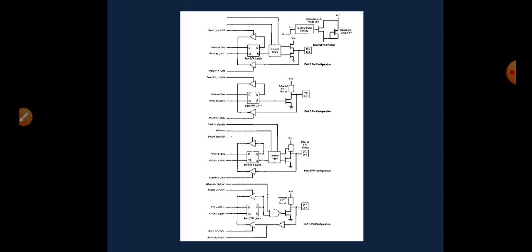Port operations are determined by the manner in which the 8051 is connected to external circuitry. Programmable port pins have completely different alternate functions. The configuration of the control circuitry between the output latch and the port pin determines the nature of any particular port pin function. From the figure you can observe that only port 1 cannot have alternate functions, whereas port 0, port 2 and port 3 can be programmed.